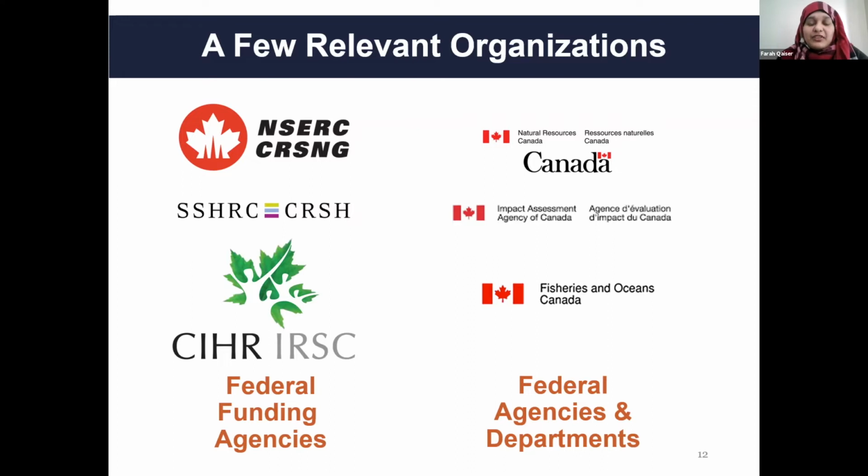There's the Impact Assessment Agency of Canada, so they're responsible for carrying out impact assessments. Whenever there's a project which impacts federal lands and it might have any potential environmental, social, health related effects, that project must be assessed, and that happens through this agency. And then you've got other departments like Fisheries and Health Canada who have their own specific mandates. I could go on. I've only flagged a few of the relevant organizations, but it gets you thinking about this whole picture of just how many different organizations are involved. Like I haven't even touched on think tanks or universities yet, who all have different issues that they are speaking up about or advocating about.